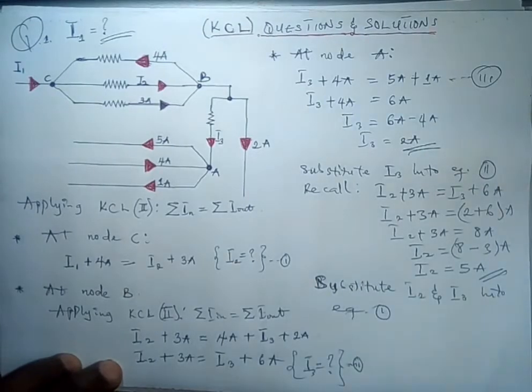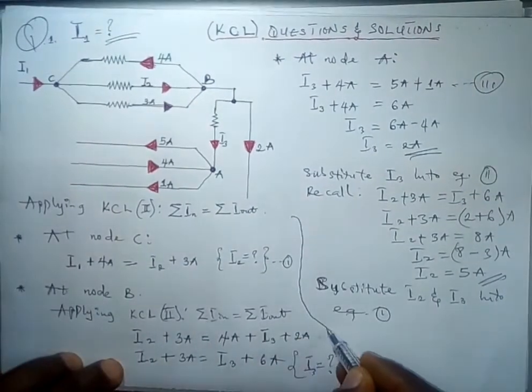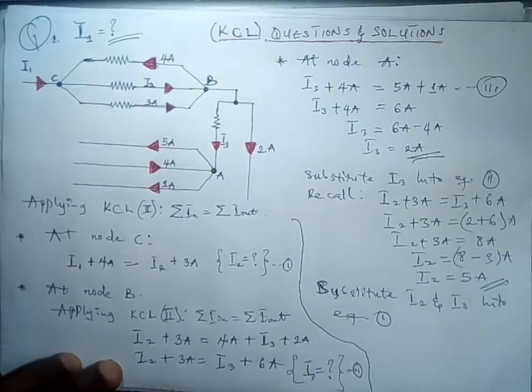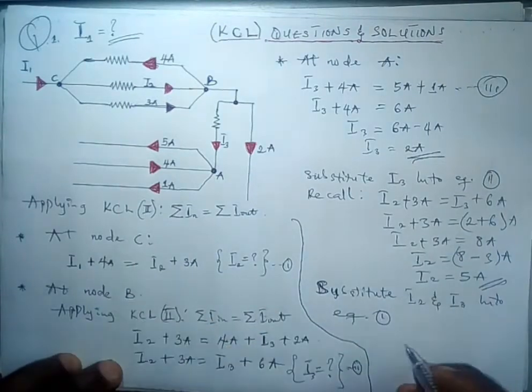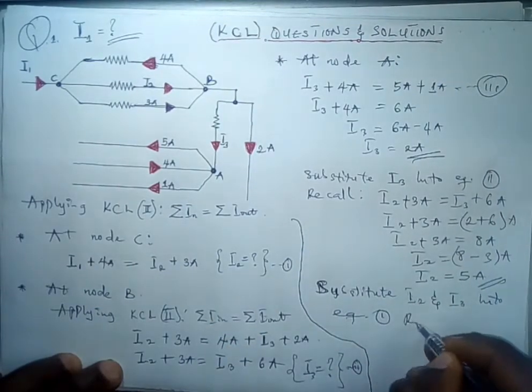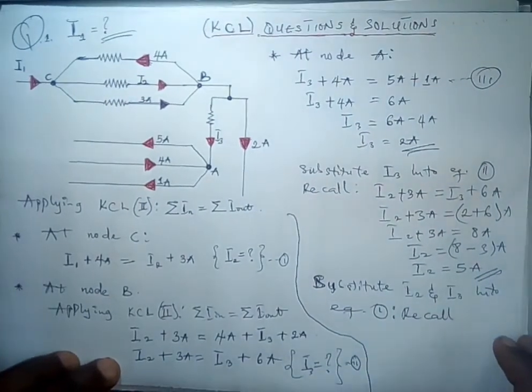So what does equation 1 give us? So please don't let us mix it together. So that is what we have. What does equation 1 give us? So equation 1 gives us, if you recall it, so we have our equation 1 to be